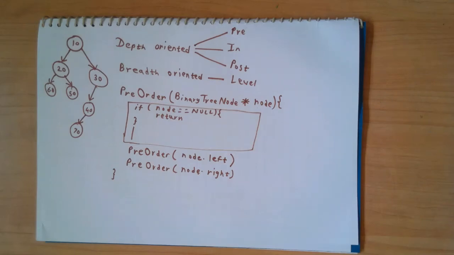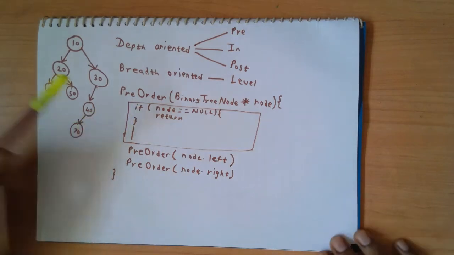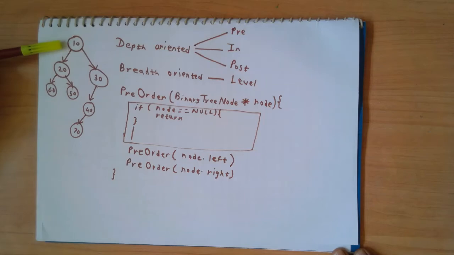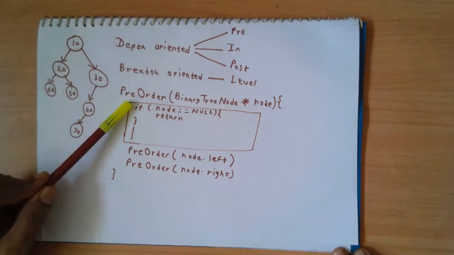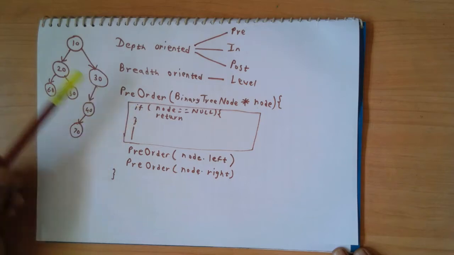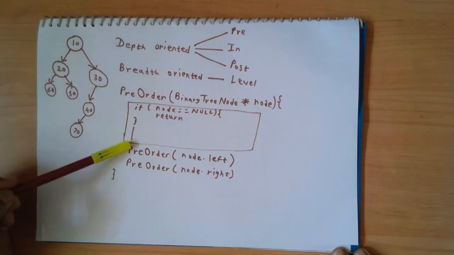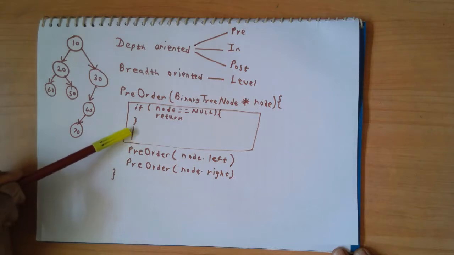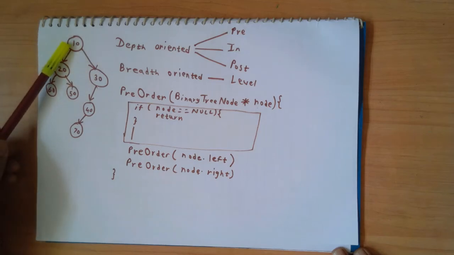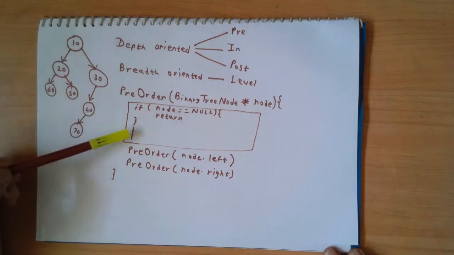Now let us start analyzing the time complexity of our pre-order traversal. If you notice, we start our pre-order traversal from the root of the tree. First we are going to check if our node is null. If it is, then we are going to go back. Otherwise we are going to perform the traversal specific operation, and let's assume that this particular operation is a constant time operation. So you might be printing the contents of the node, or you might be storing this value somewhere else, anything. We'll assume that this traversal specific operation is a constant time operation.